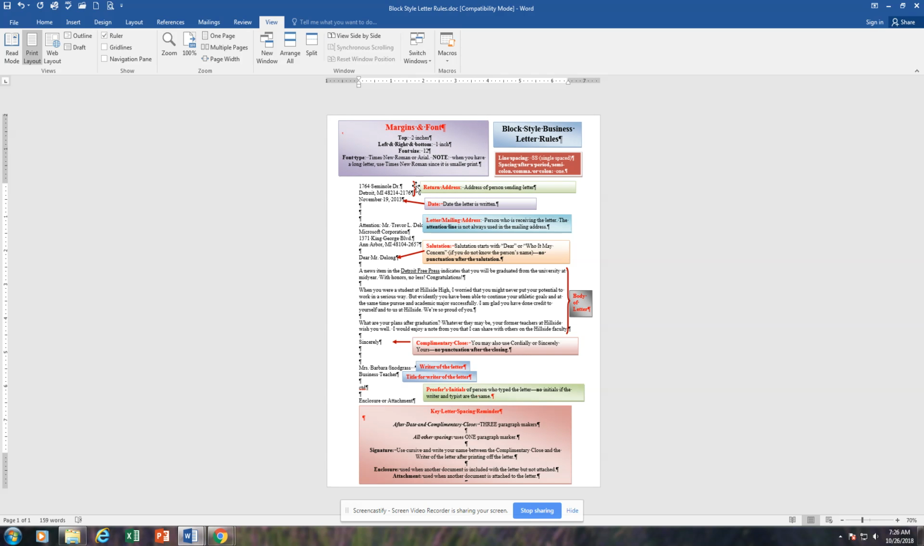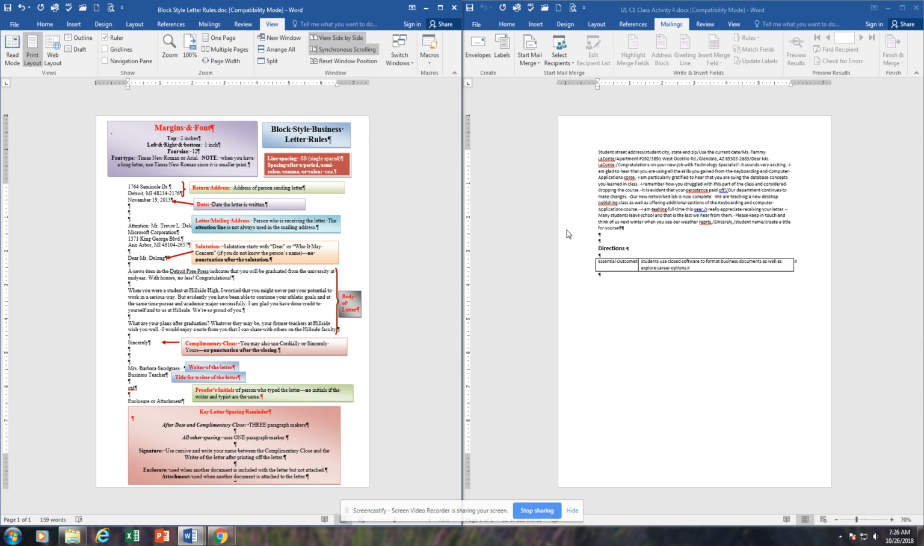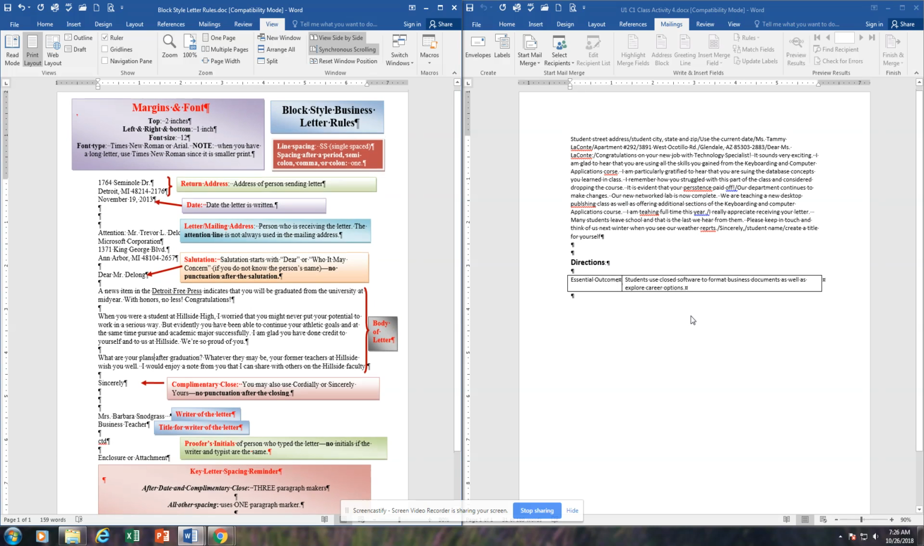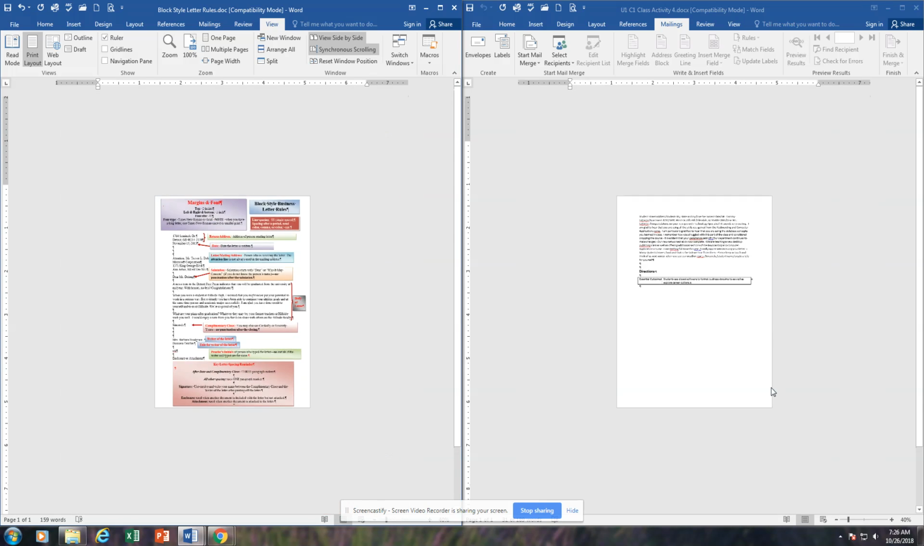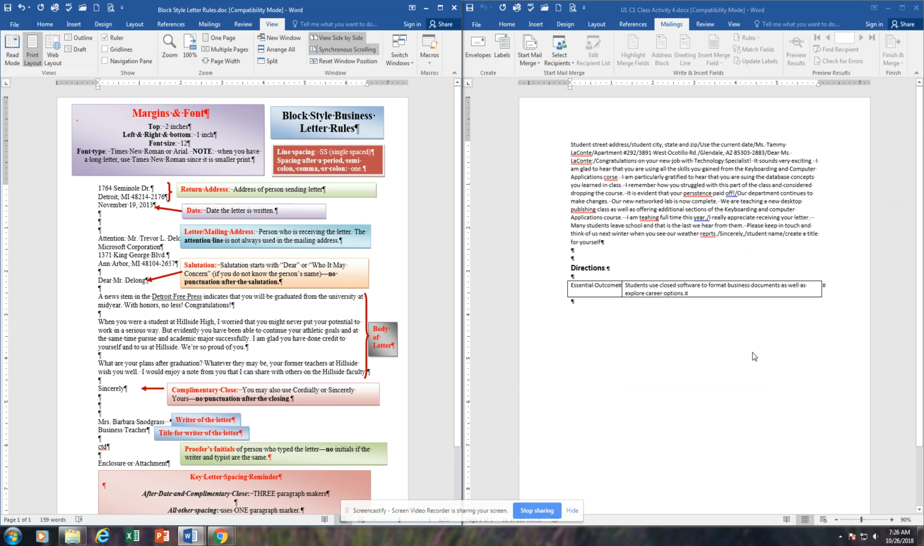To view this side by side, you're going to go to your View tab, click View Side by Side, and then now I have them viewed together. All right, I can make that a little bit bigger. If you use the control wheel of the mouse, you can make your images smaller or larger. All right, now I can go through and actually format this letter